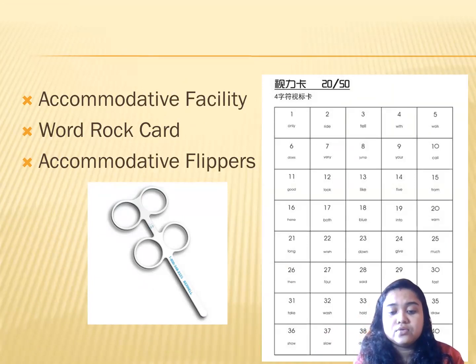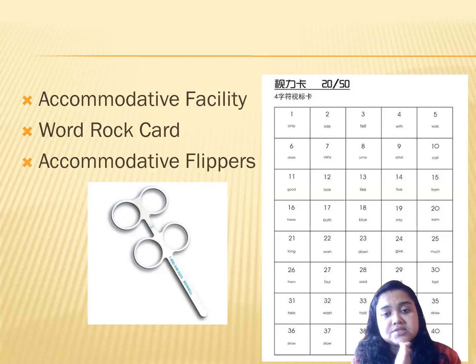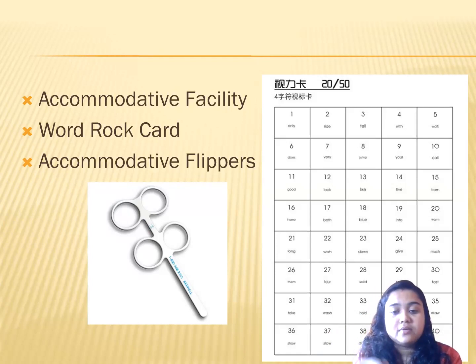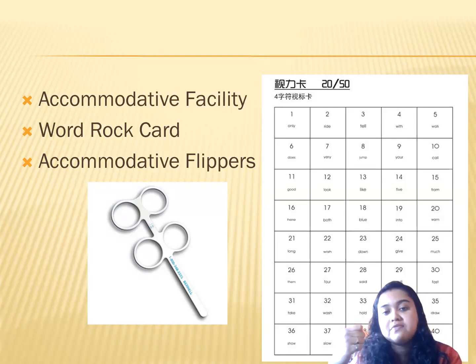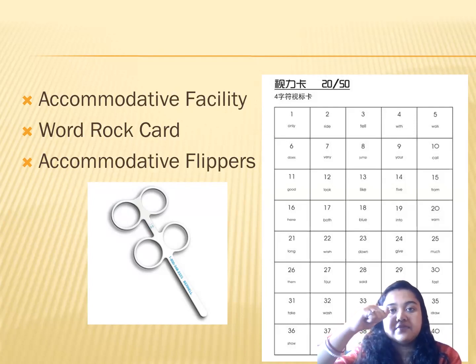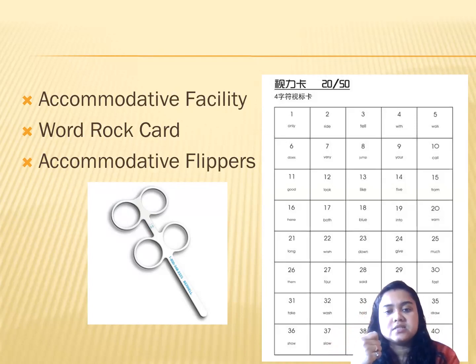How to do that? We can put the stopwatch on, and we will instruct the patient beforehand that once the letters become clear, he should tell me it is clear, and I will flip it. First we use the plus lenses, and then we use the minus lenses. Suppose I am using a plus minus 1.5 flipper, so I'll keep the plus 1.5 first in front of the patient's eyes. The patient is holding the book at his reading distance, 40 centimeter. He is not going to change the distance.